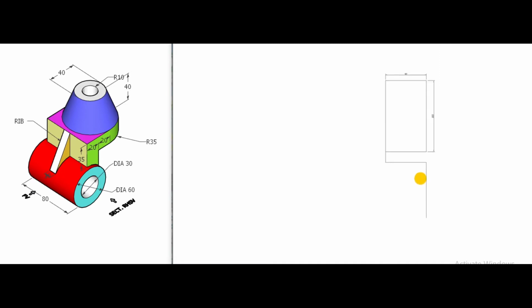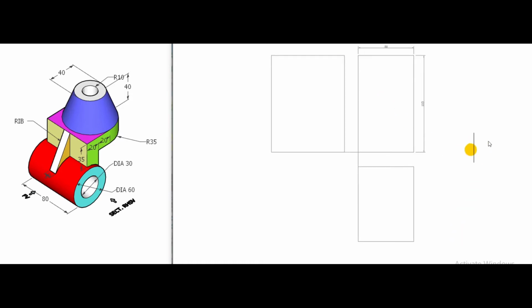Thus the frame for the top view is also completed. Now draw the frame for the side view, having height 135 and width 105, and this is completed. Thus the three frames are completed.